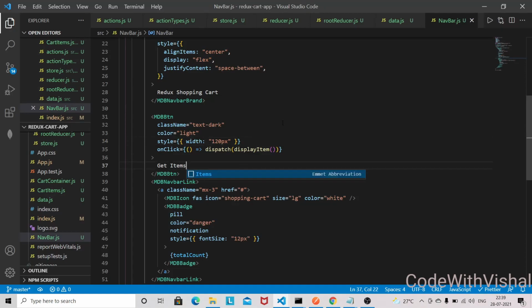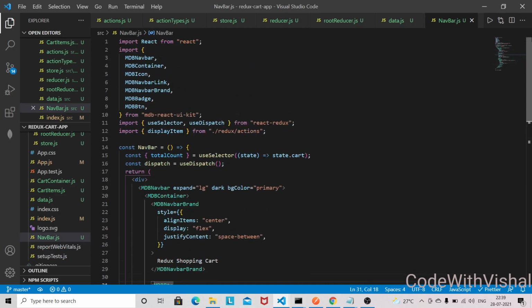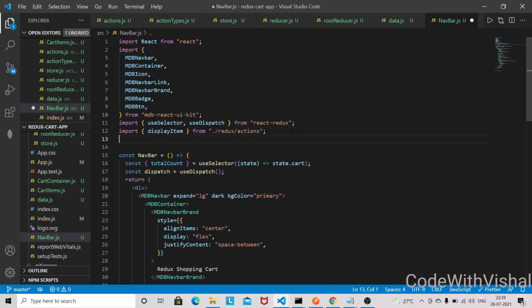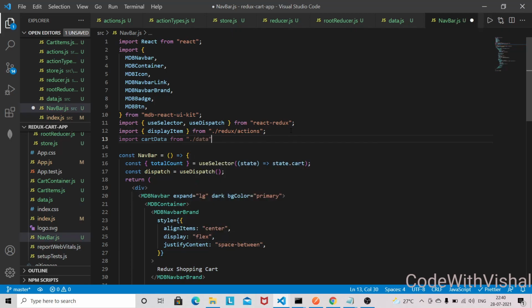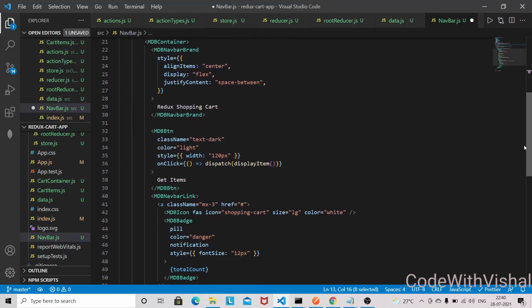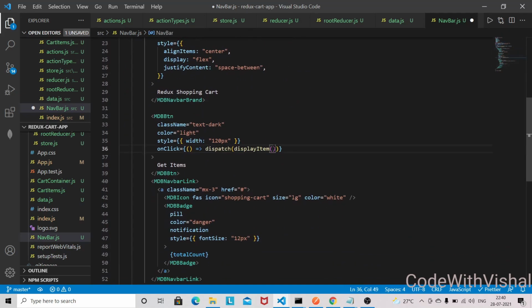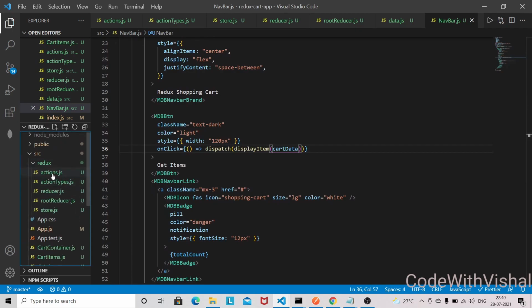Okay, and what we can do here, we can bring that data file here, import cart data from data, and we can pass this cart data here. Okay, and let's adjust our action and reducer as well.